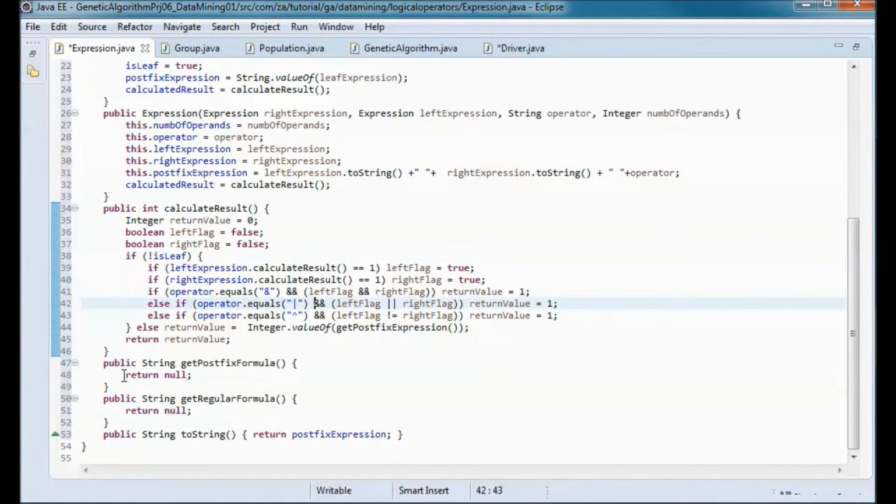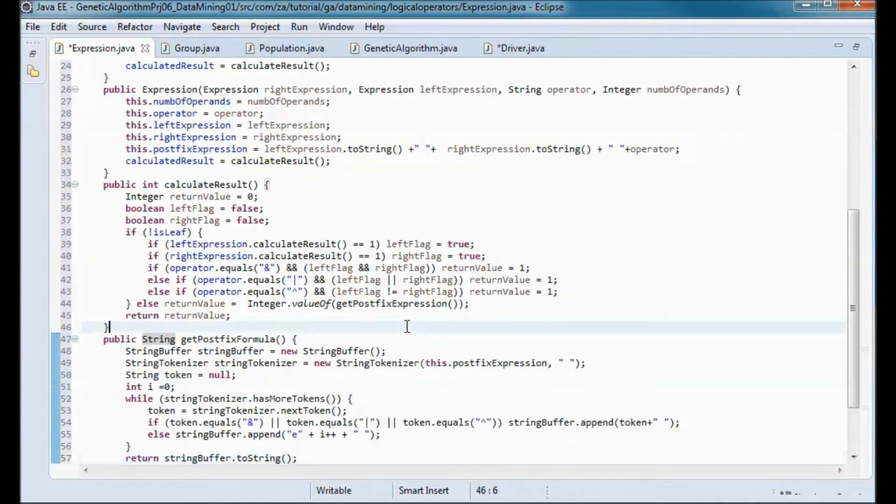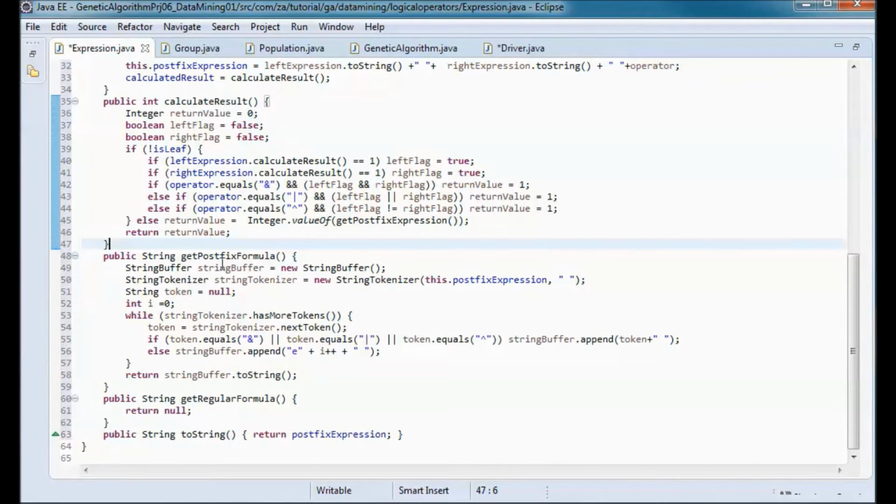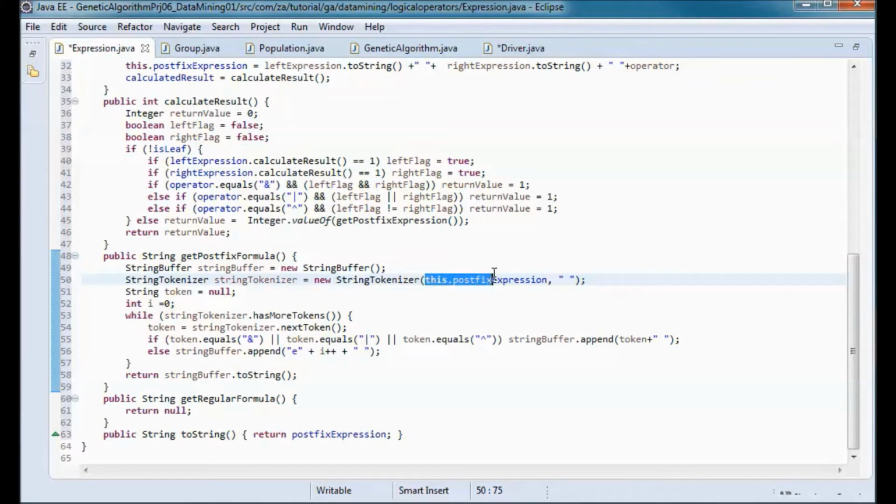Now for the get postfix formula method, this is the code that would return that formula. So we will use empty spaces in order to pick up the different tokens in the postfix expression, and we will go through those tokens, and if we have AND, or exclusive OR, then we append that token plus a space to the string buffer that we defined over here.